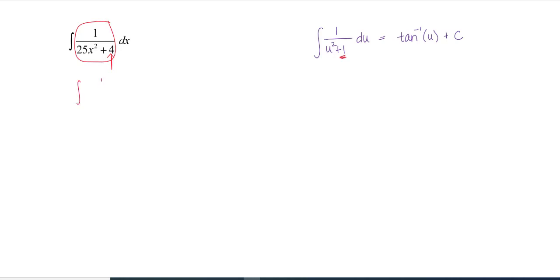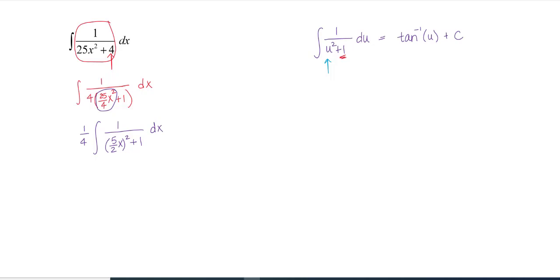So I'm going to forcefully, whether I want to or not, factor out a 4. So this will then become 25 over 4 times x squared, and now I at least have the plus 1. Okay, so now I'm one step closer. And so now what happens is I need to look at what is this u, right? What is the value that I am squaring? And I'm going to move that 1/4 all the way to the front so it doesn't look too confusing here. And then if you take a look at 25 over 4 x squared, the quantity that you would be squaring is a 5 over 2 and the x. So hopefully that's not too big of a stretch here.